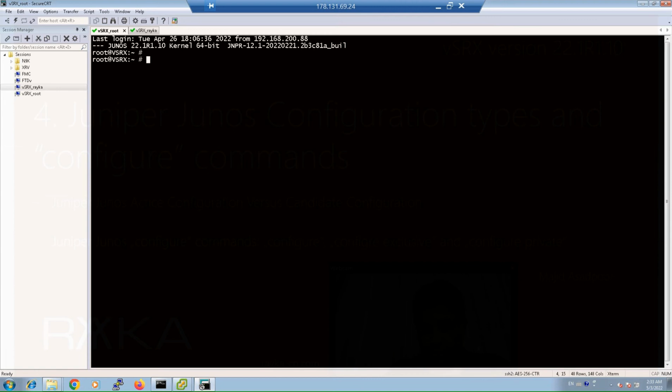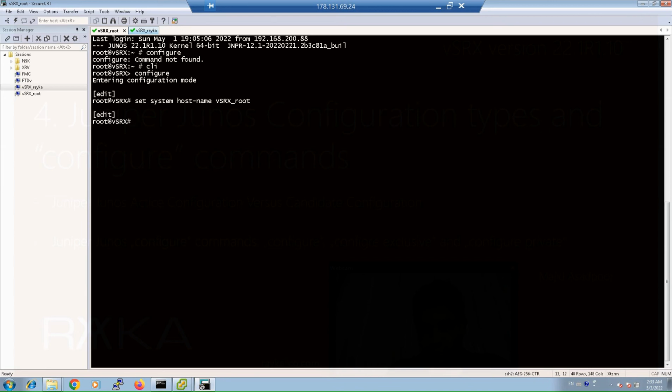First of all, let's check the configure command with no options. CLI and then configure command. I modify some configuration by two users, both root and Rika, where part of them conflict. With the user root, I configure hostname as set system hostname virtual SRX underline root and create a new username